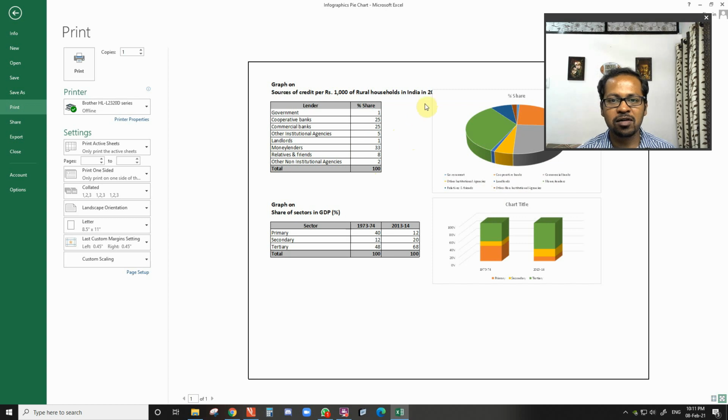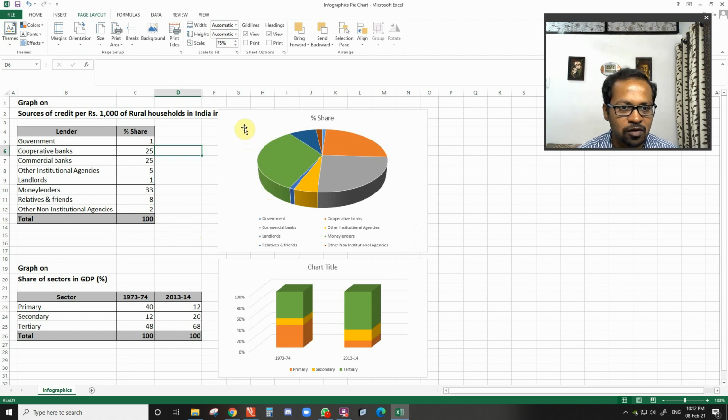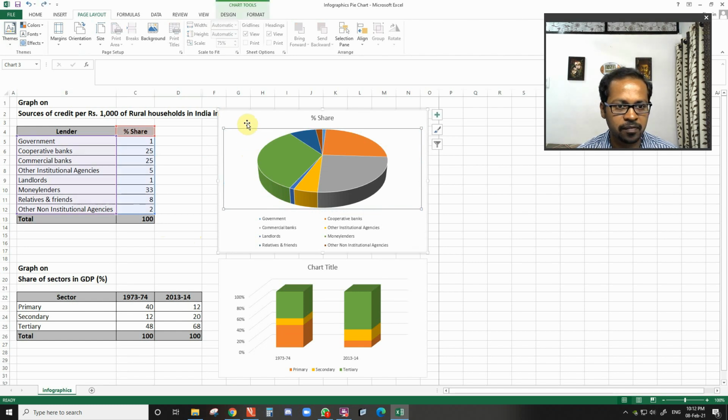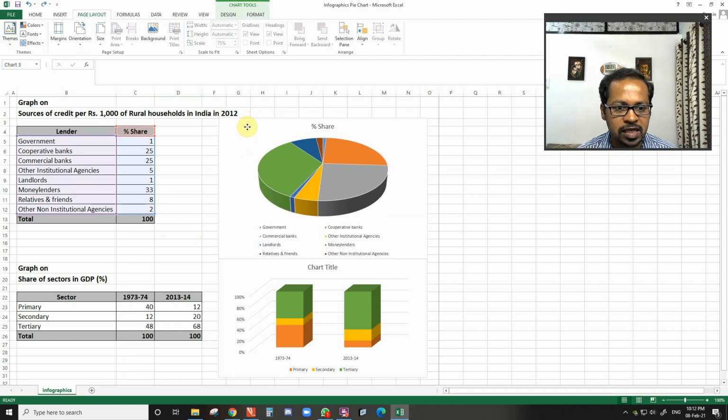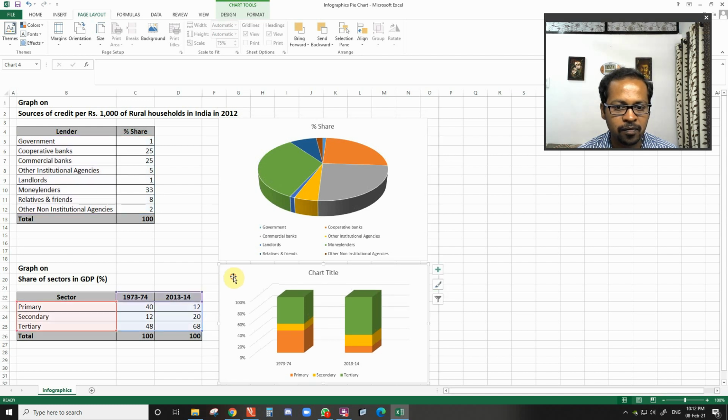is visible on this page, but here some overlapping is there. So what I will do, I will have to just reset this a bit. I can move this slightly below, and let's see if I can adjust in 80.